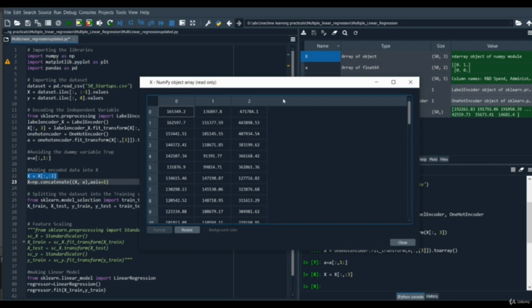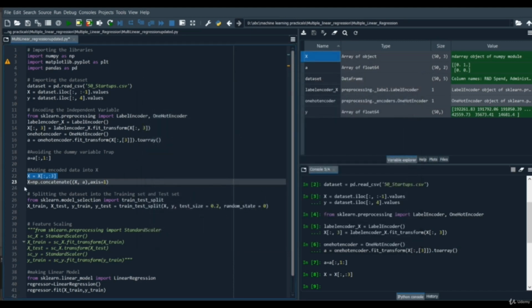Now after that we are going to concat both the values column wise, so at axis 1. We are going to use numpy for concatenation. As you can see, we are going to assign the value to independent variable x, and then we are going to use np.concatenate, and then in these parentheses we are going to first pass both the arrays, that is capital X and A of the one hot encoding values, and then comma, axis equals to 1 so that it performs column wise.